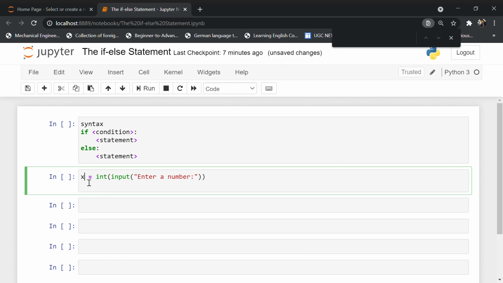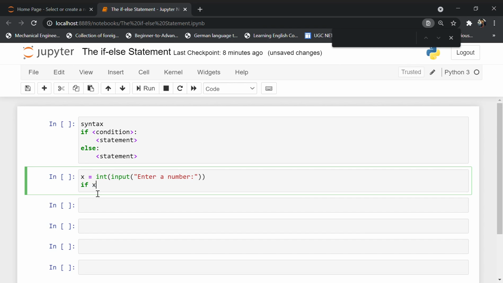And now with the help of this x variable, we have to check whether the number is positive or negative. So we have to mention if. What logic do we need to add? If the variable is greater than or equal to 0, then it is a positive number, right? Or else, if the variable is less than 0, it will be a negative number, right? You can consider a number line over here.